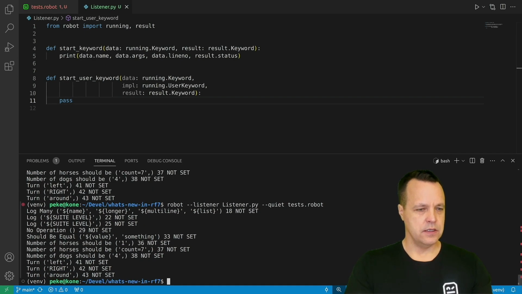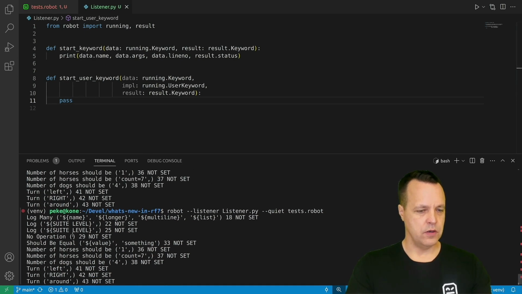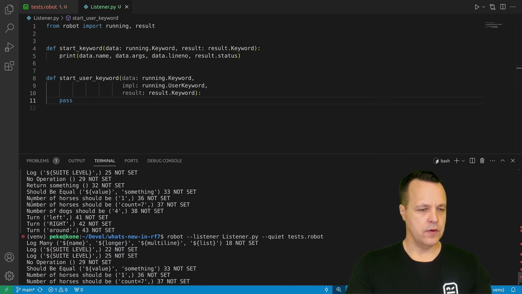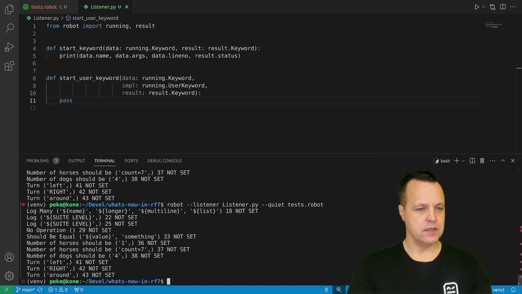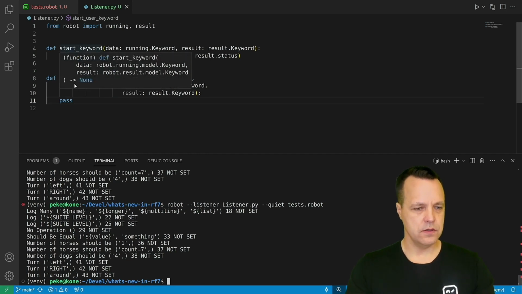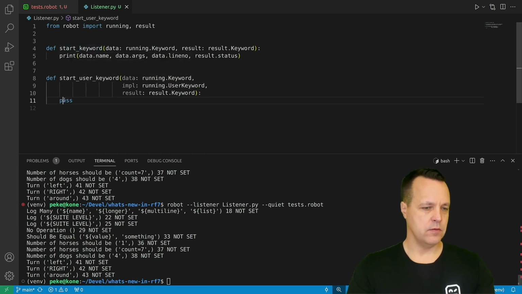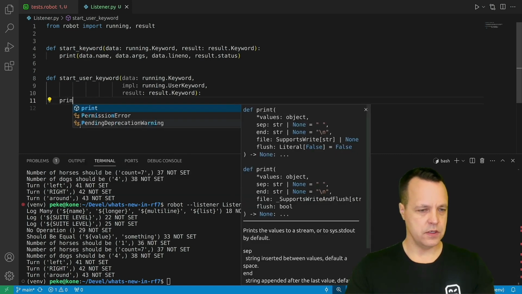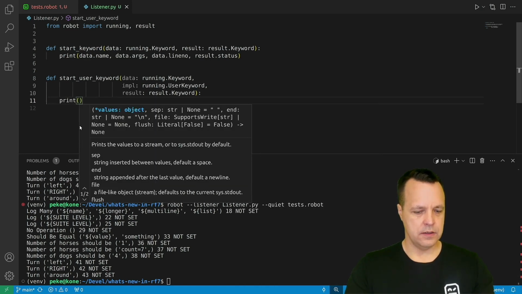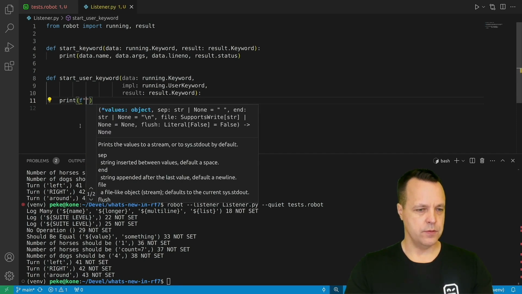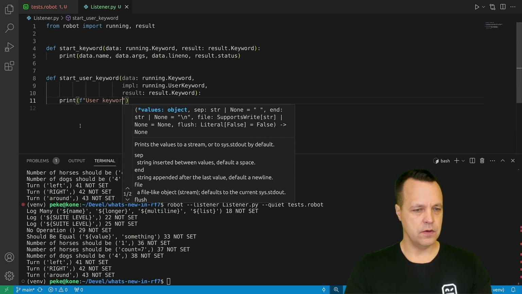If I don't do anything, there's a small change to the output here. This change is that there's no information about this return something anymore, because now with user keywords, this start keyword method isn't called at all. This is called instead, and it does at the moment nothing, but let's do something. So now I'll add some more printing here. Maybe I'll use a bit nicer formatting, something like user keyword